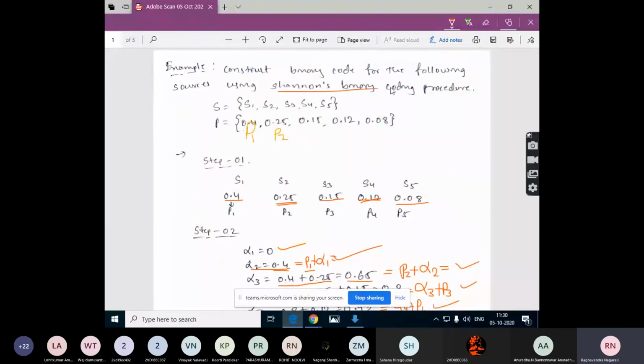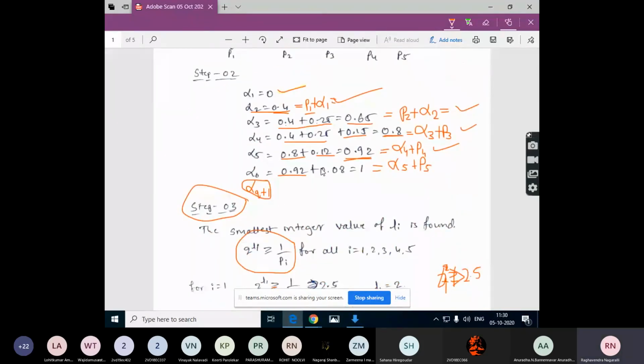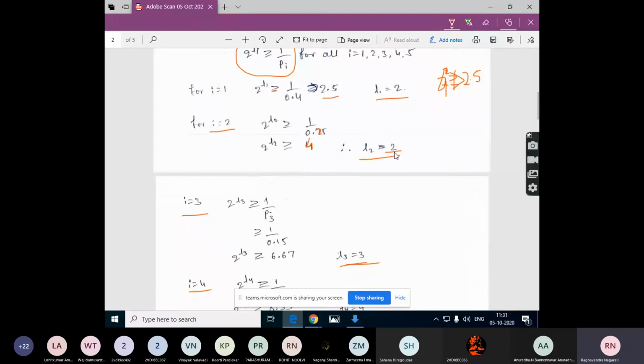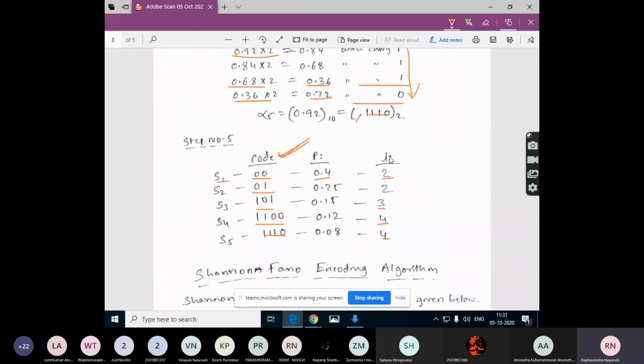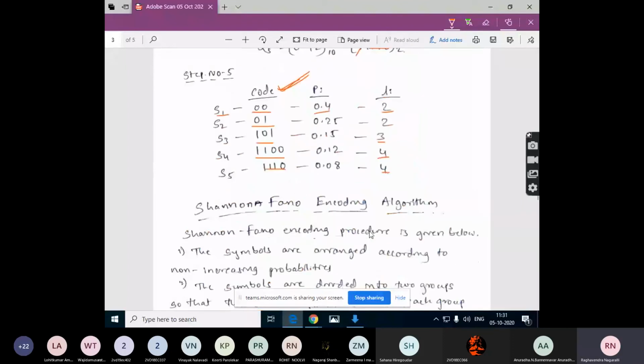So this is about the Shannon binary coding procedure, or Shannon encoding procedure, which consists of 5 steps. First one is to rearrange all the symbols by decreasing probability. Next, to construct these alpha sequences. Next, to find the minimum value of li, that is the length of the code word for that symbol with that probability. Step number 4 is to find the binary form of the decimal number of these alpha values. And step number 5, to construct a code from the binary numbers which we have got in step number 4. So this is about the Shannon encoding procedure.